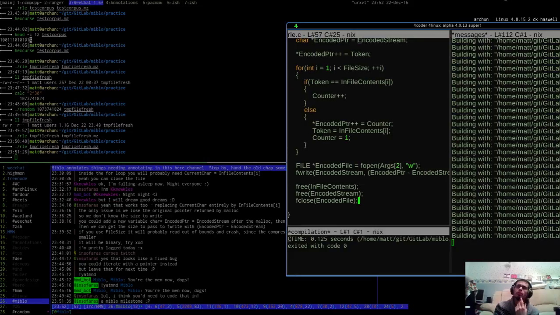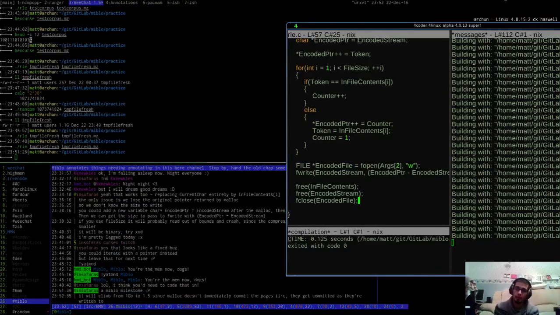Unless you were to divide and conquer the file, and do RLEs on each of those segments of it, and then you could potentially join them up.